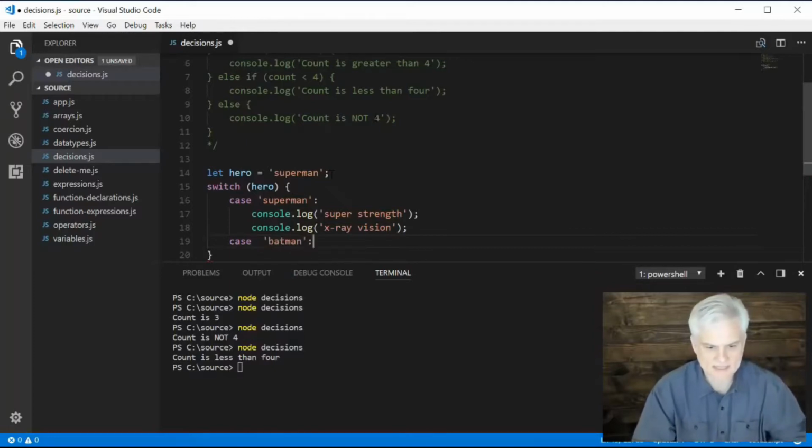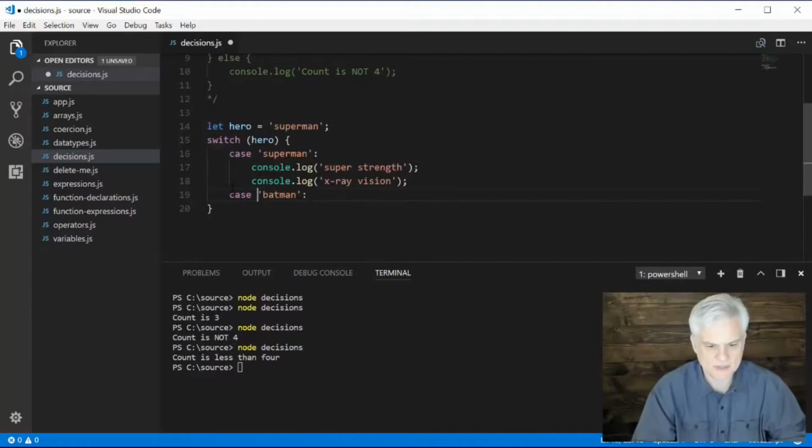Notice the format of this is to use the case keyword inside of this block that belongs to the switch, then the value we want to compare our case against, and then a colon, and everything beneath that will become part of the body of that case